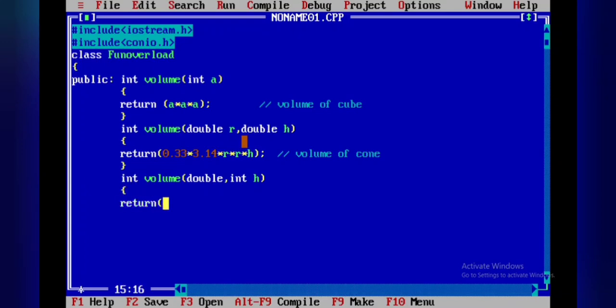Return of pi into, that is 3.14 into R into H. Then close the braces, semicolon, then close the volume function. So this is related to volume of cylinder.